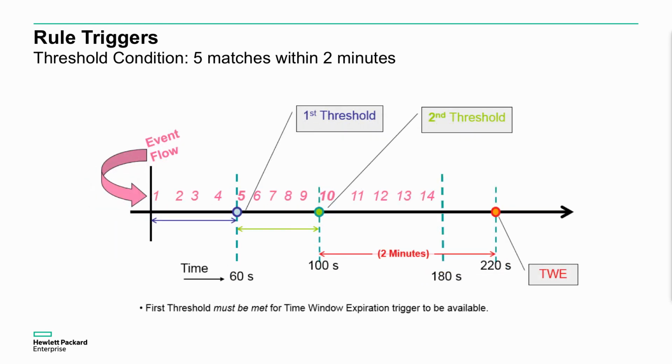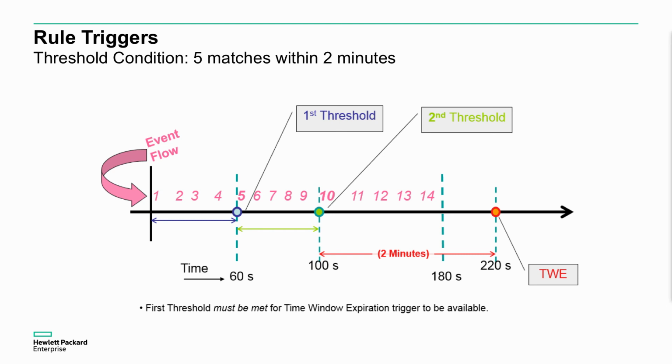And now, finally, we're going to introduce something around the time window expiration. So in this example, we have first threshold at 60 seconds, second at 100 seconds, and we can have a time window of 2 minutes, and we could even have another threshold hit within that time period, but the first threshold must be met for the time window expiration to be triggered and available. So we've had the first threshold occur, and therefore we have a time window expiration,